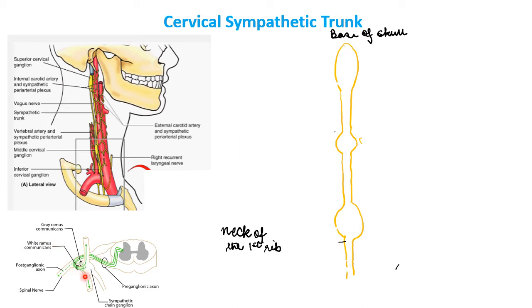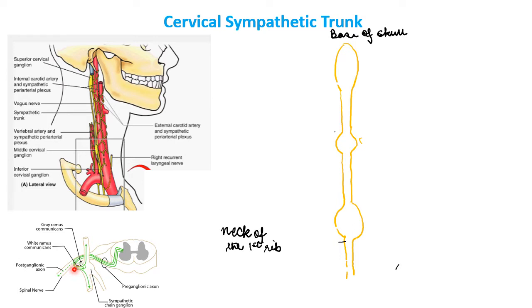the sympathetic ganglia. Now, this carried the preganglionic sympathetic fibers, which either synapsed in the ganglia, or instead of synapsing, they ascended through the ganglia, or they descended to the lower levels, or they formed the splanchnic nerves and exited out, or they formed the cardiac nerves and exited out and went towards the viscera. Right? This was what we had seen in the thoracic part of the sympathetic trunk.